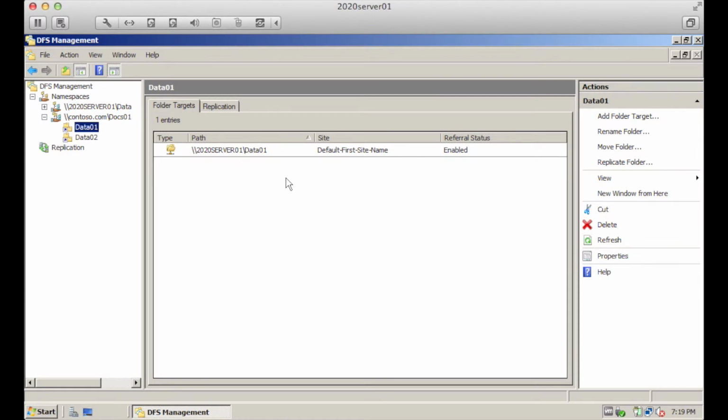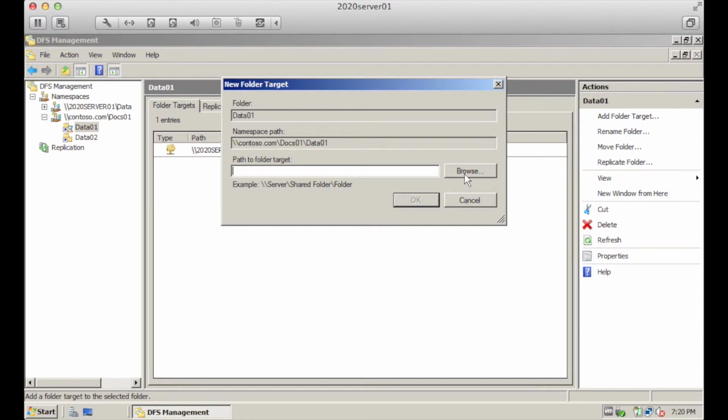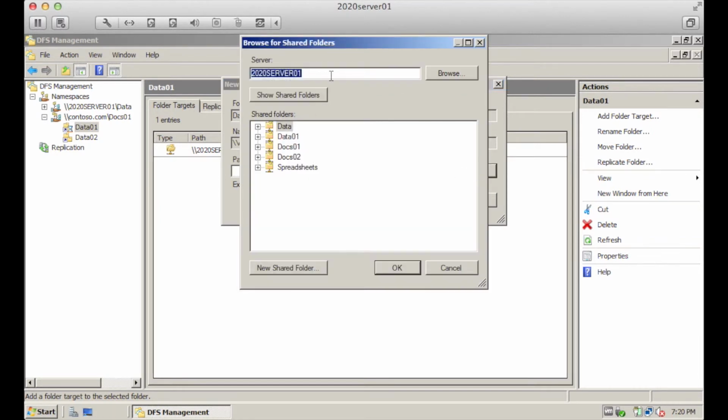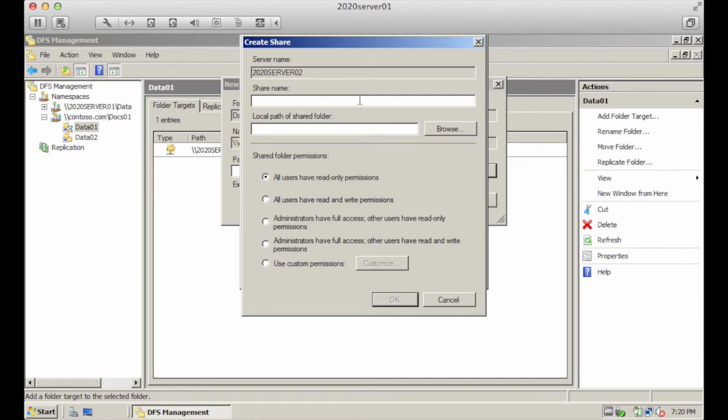In order to use DFS replication, the folder that you want to replicate has to have at least 2 targets. So let's go ahead and add another target for this. Select browse, and we want to add a target on server 2. So let's type in server 2, select show shared folders, and let's create a new shared folder right there on the C drive. We'll make the share name